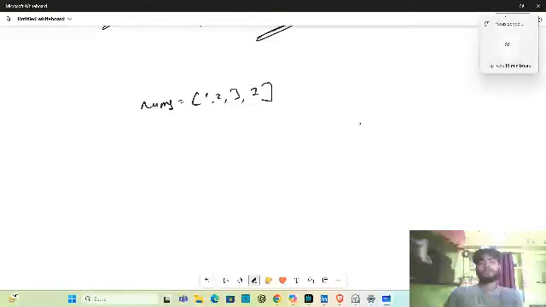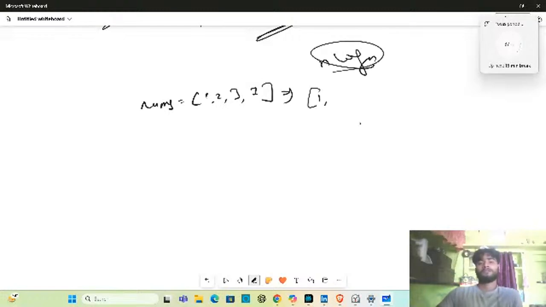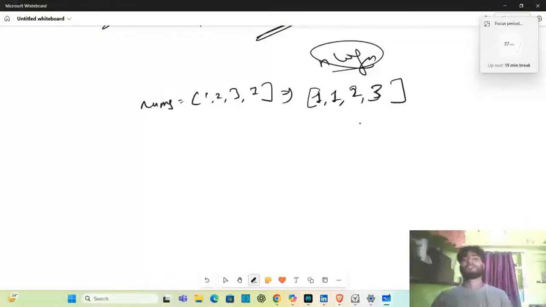If we sort this, let's say n log n is the time complexity, we can see 1, 1, 2, and 3. So n log n time complexity, and order of 1 is the memory complexity. So what we can do here, guys, is like we can do,